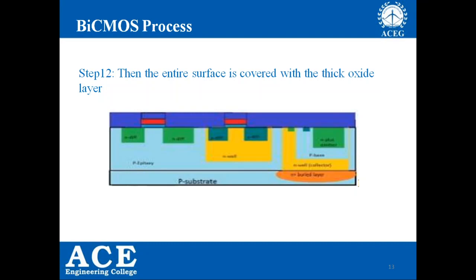So what we did is we needed to form NMOS, PMOS and bipolar. For that we have taken a p-type substrate. Upon this p-type substrate we had one N plus buried layer. Upon this we grew an extra layer, that is called the epitaxial layer. Upon this epitaxial layer we had the NMOS transistor like this, and we had the N-well in order to form the PMOS transistor, and we had an N-type collector, P-type base and N-type emitter in order to have the NPN transistor, right? So this is how we have formed the BiCMOS transistor.